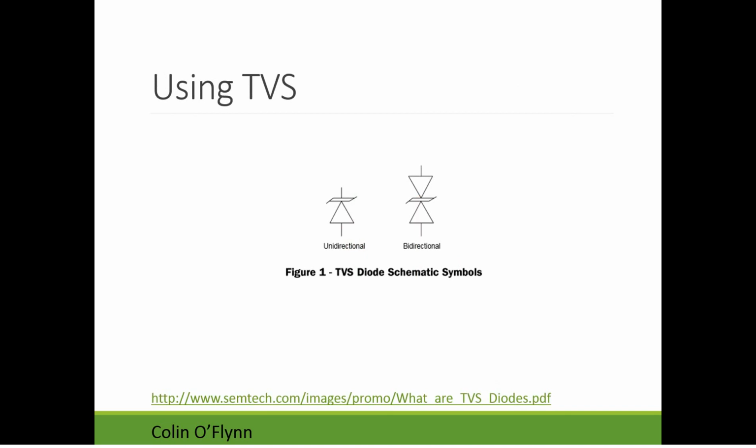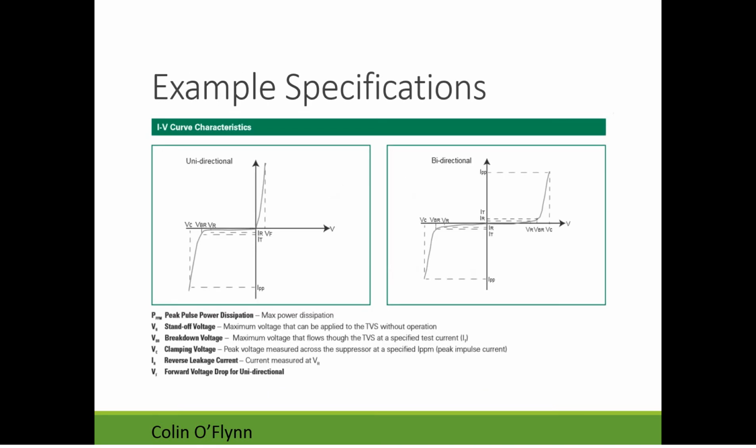Another type of input protection, TVS diode. So these diodes are very fast and they actually begin conducting above some voltage. So what we see here is that this is a voltage current curve. So basically, current is this way and increasing voltage is this way. At some point, it starts to conduct. They're specified at very small voltages, like 5.5 volts, say. It starts to conduct.